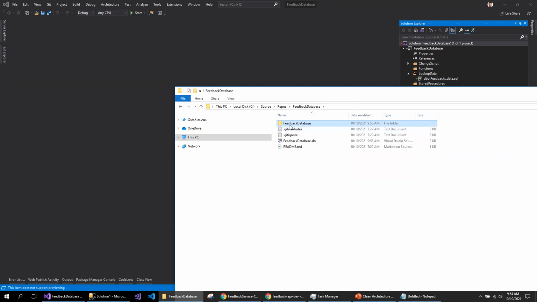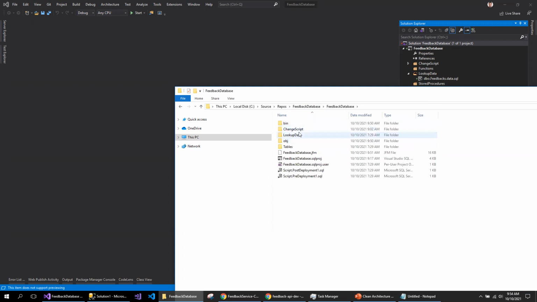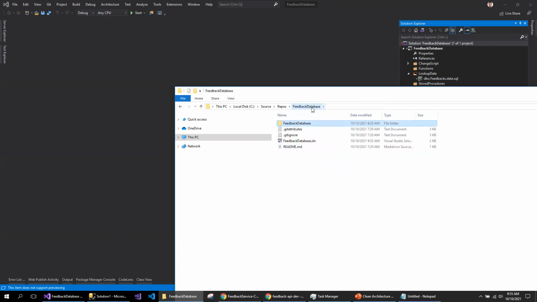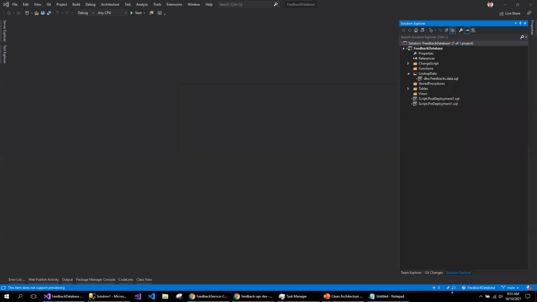So I've created one more folder called feedback database, and then moved the solution and the git attribute and ignore files to stay outside, and the actual project is placed here, so that when the DocPack is created, it is also going to be created under the build debug folder, and this is my DocPack file, so that I'll be able to pick that up in the build definition. So that's the change I have made. Just created a folder and moved all these folders inside this folder. That's the only change I did.